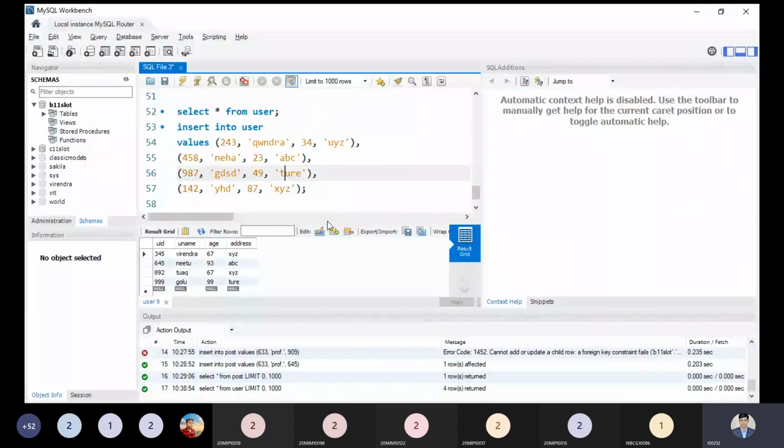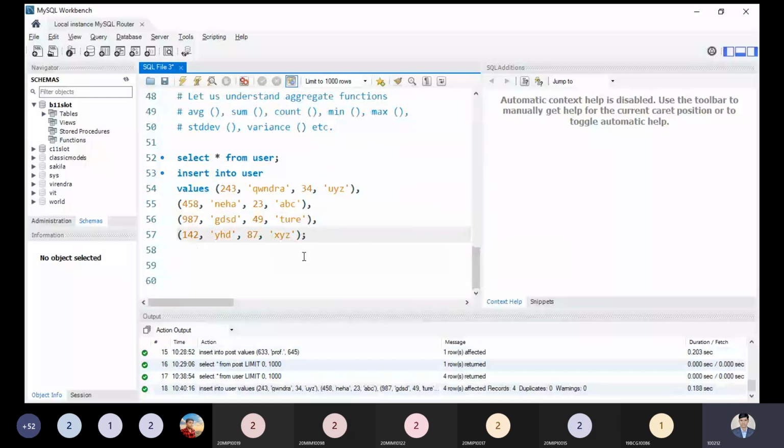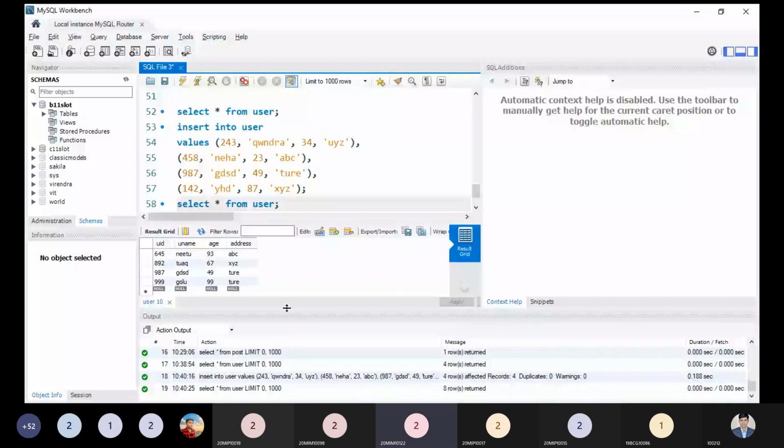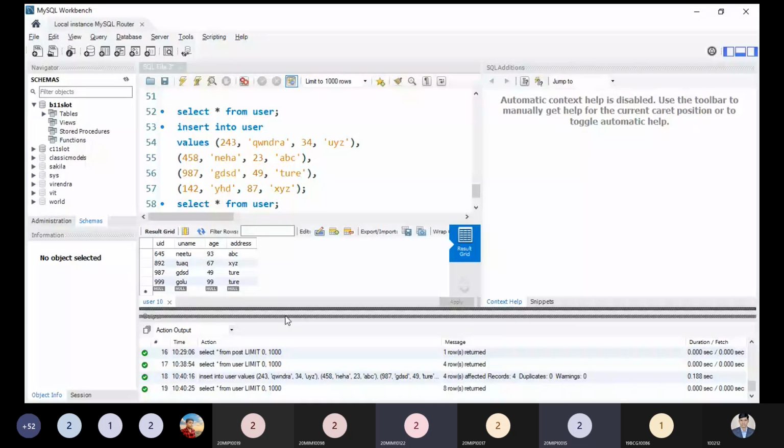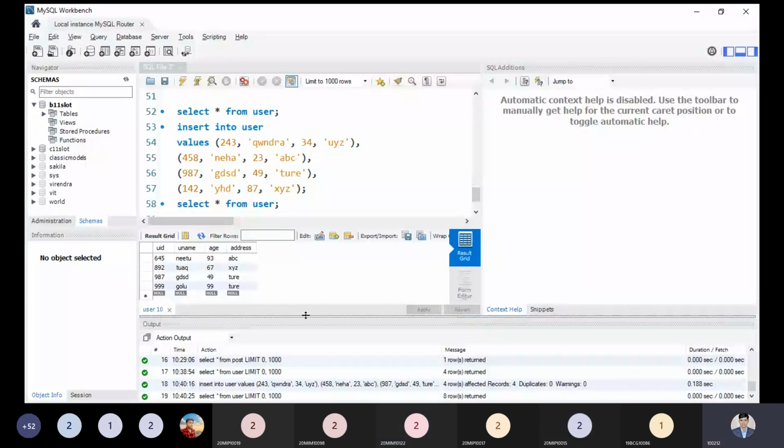Yes, 4 records are inserted. Finally, I'm copying this syntax once again, and let me see how many records we have now. Now you can see we have lots of data over here. Is it visible to all right now? Yes, sir. So how many rows do we have? We have 8 rows.